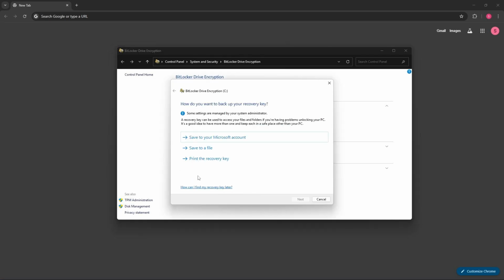And after that, guys, you will have three options here. You could either back up your recovery key to your Microsoft account, or you can save to a file which is inside your computer, or print the recovery key. So pretty much this will depend on you, but let's say I'm gonna go for save to a file,